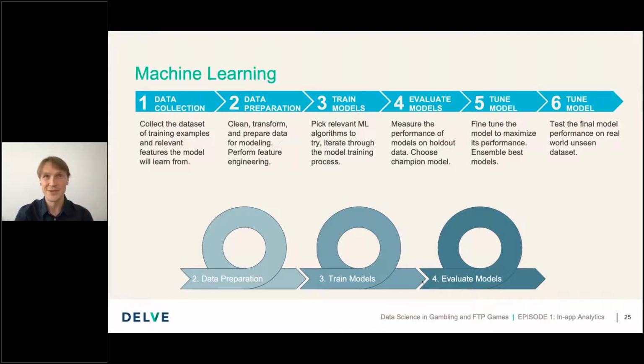So the whole process, as I described already, is straightforward, from data collection, data preparation and feature engineering, training models, not one, but multiple models with multiple parameters, and evaluating them, picking the parameters again, training and evaluating, and finally arriving at a set of best performing models which are tuned and tested on unseen data.